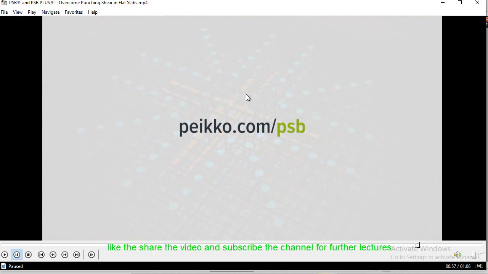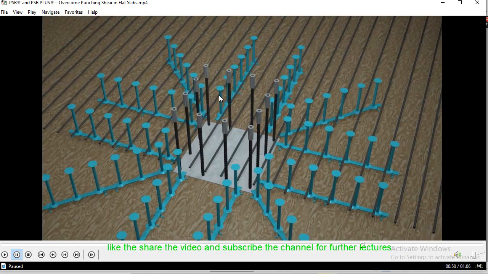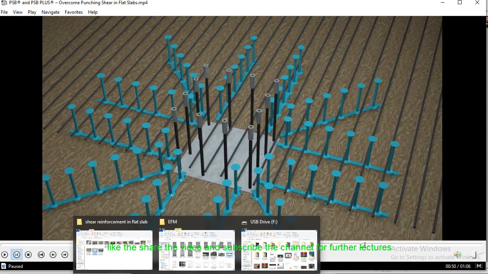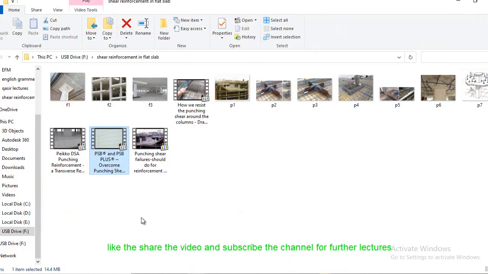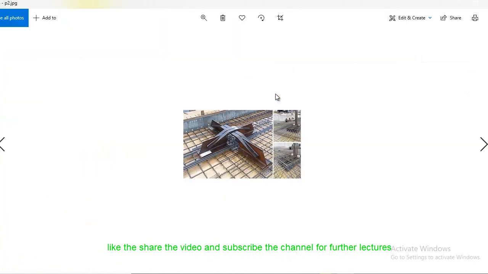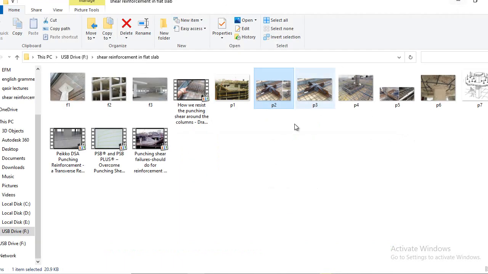So you see the advantages of such kind of shear studs. These are basically shear studs, okay? These are shear studs. You see the shear reinforcement as well. And shear studs, let me share you some pictures right here. You see these are the shear head reinforcement, and these are the bent up bars, okay, which we basically provide. And let me share another video which is also very